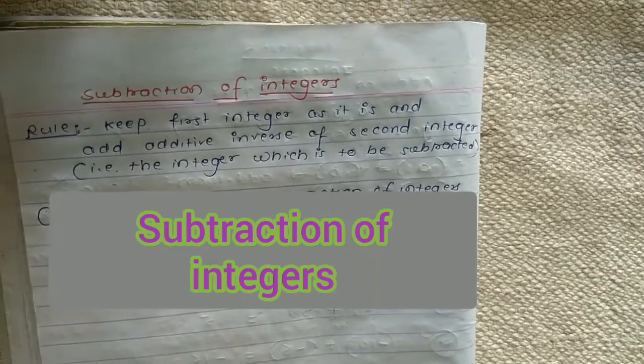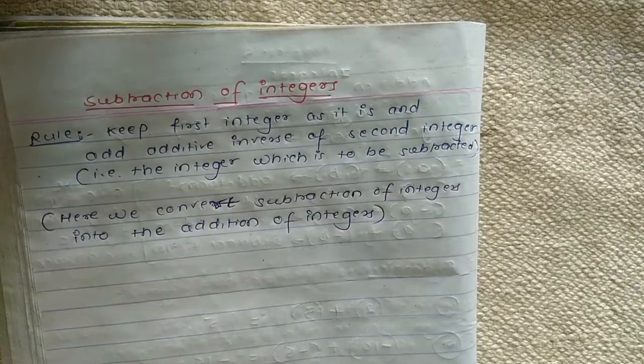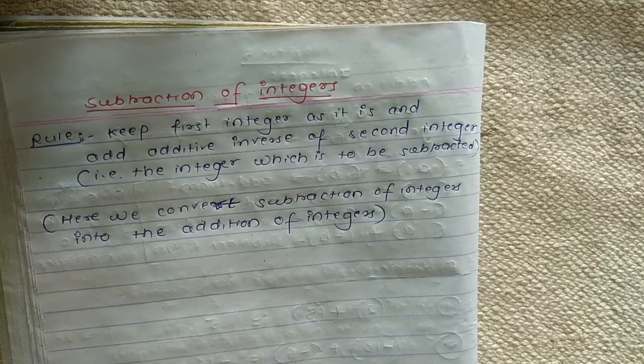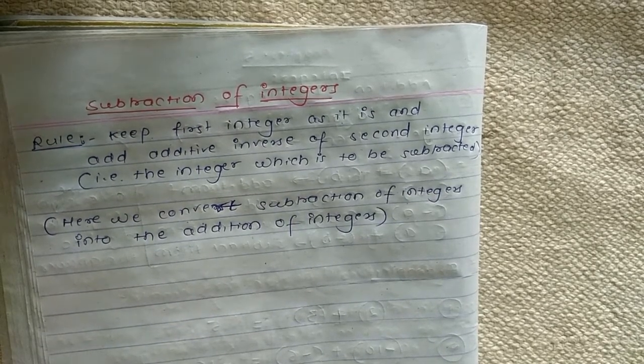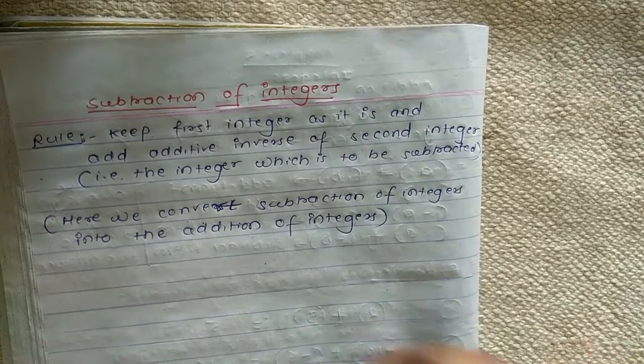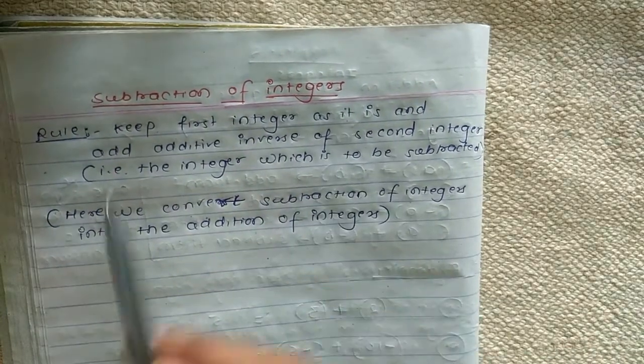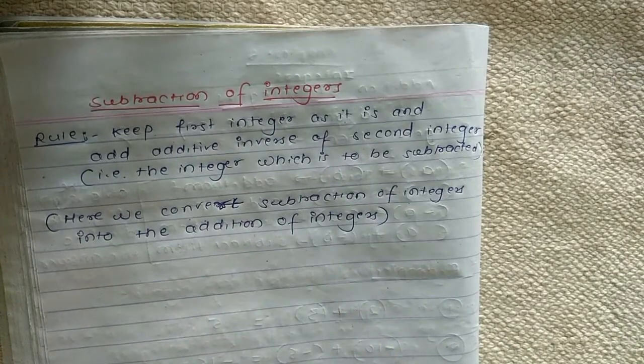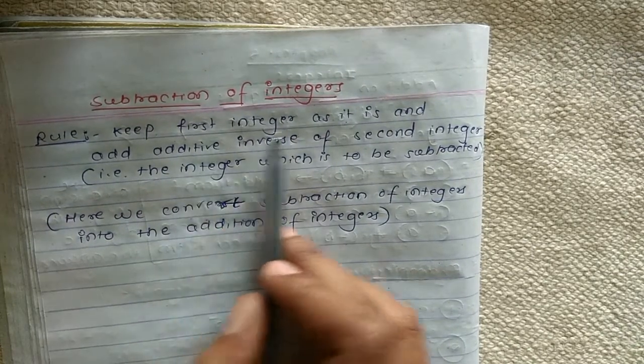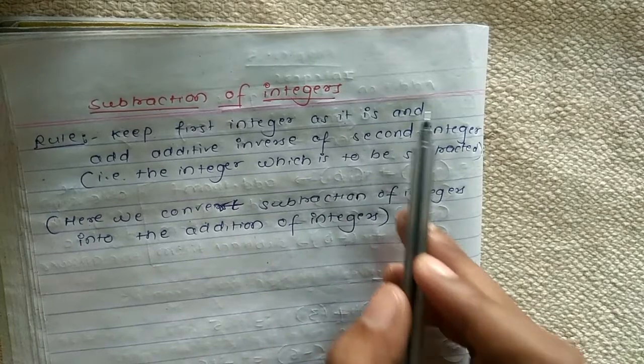Hello students. So today I am going to teach you subtraction of integers. It is like addition of integers only. Only one rule you have to remember here. So the rule is: keep the first integer as it is. Whichever integer you are going to subtract another integer from, keep that first integer as it is, and